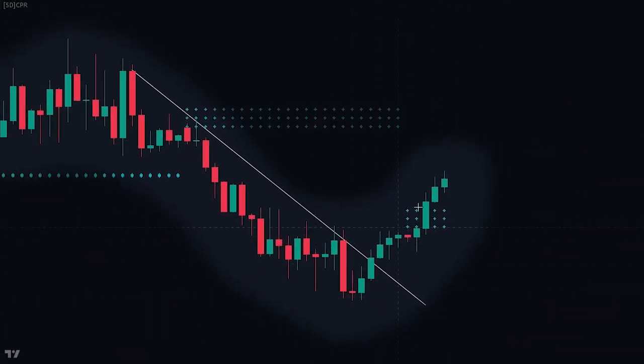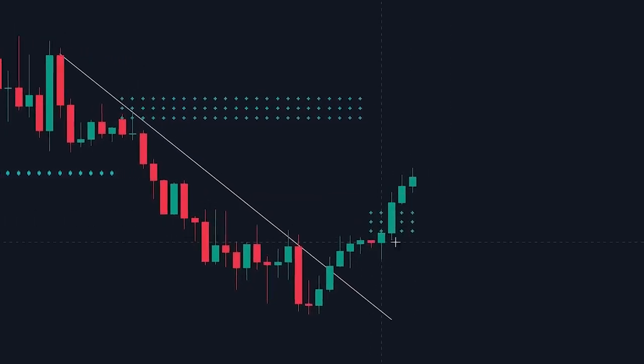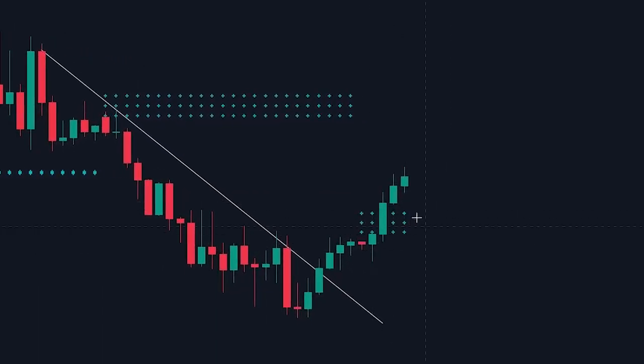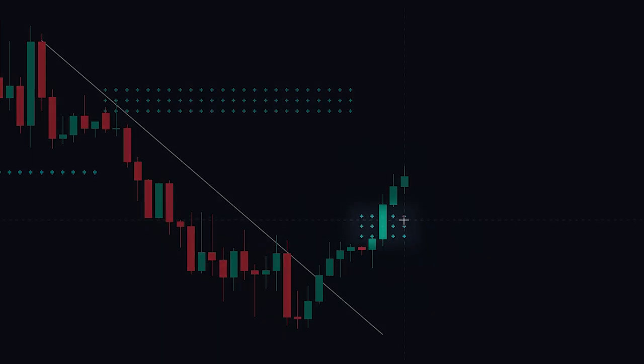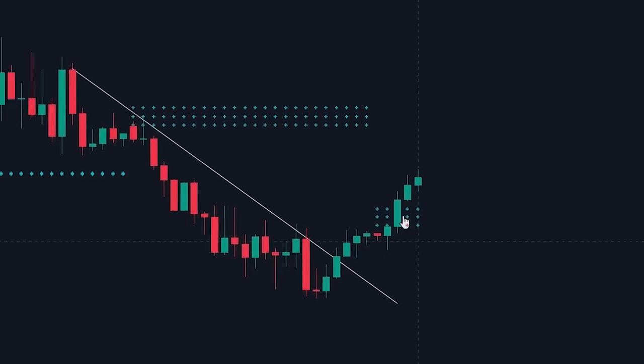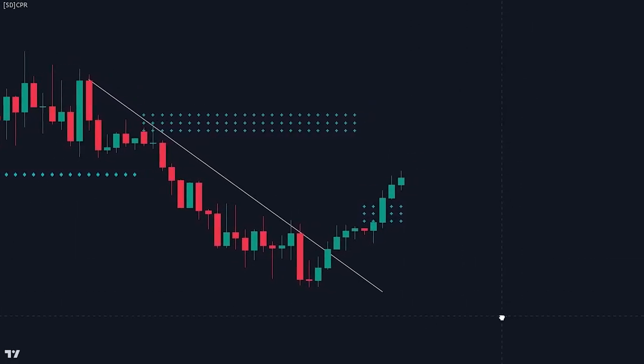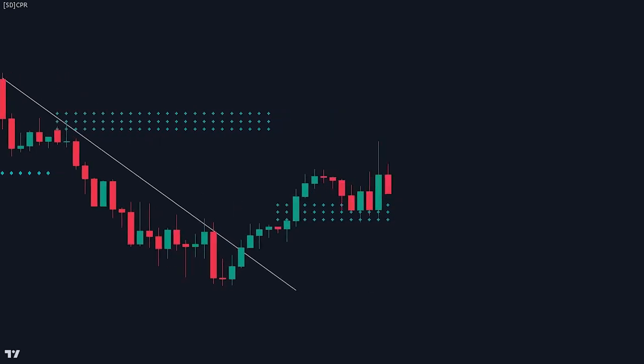Secondly, we can see here that a new CPR has been created. If we take a closer look at the CPR, we will also see that the lines are very close to each other, indicating that even though the support it provides might be weak, there is a strong chance that the market will start heavily trending to the upside. Since there is still a chance that the price might break through the zone, let's first wait for the price action to reject it. As you can see, the price has rejected the CPR, so let's enter into the long